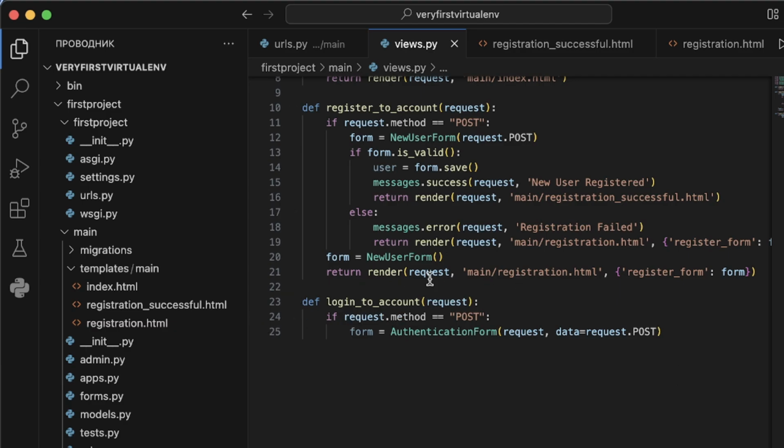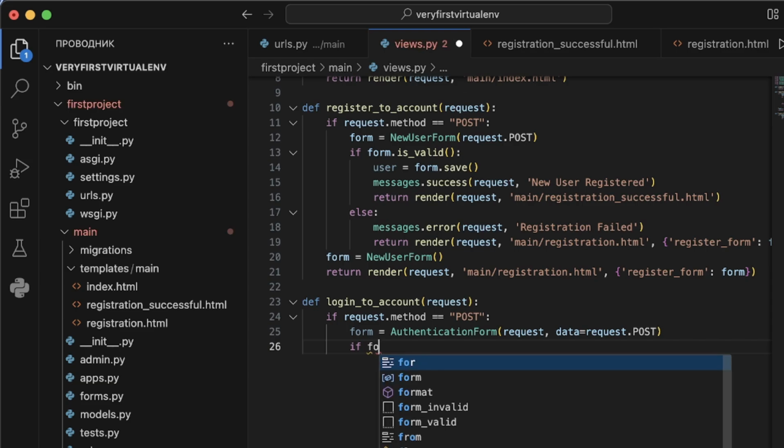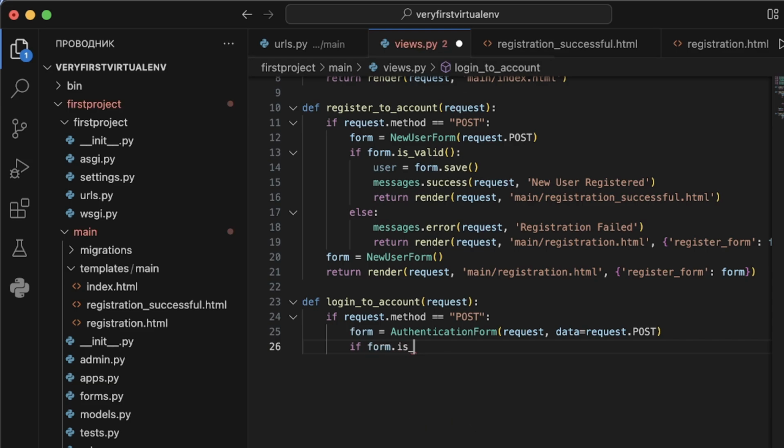So this function checks if the request method is POST. So if the client wants to send a message or information to the server, and if it is, we check if the form is valid using this function. If form is valid,